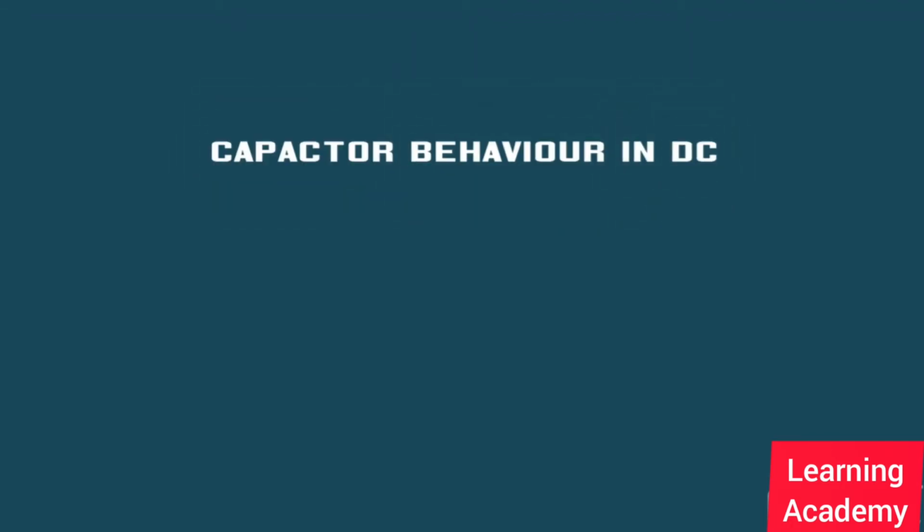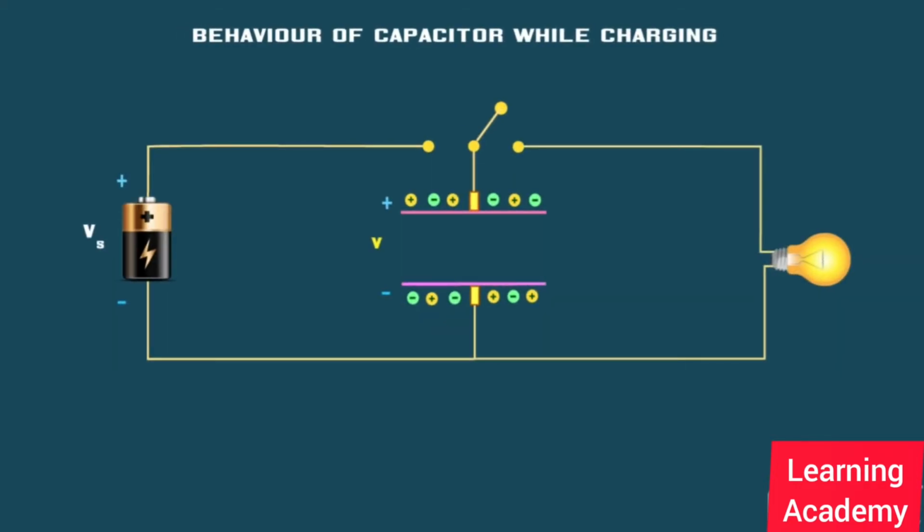In this video, we will discuss capacitor behavior in DC. First, let's see the behavior of the capacitor while charging. Let us consider that initially, the capacitor plates are uncharged, that is, no charge exists on the plates, which means no voltage